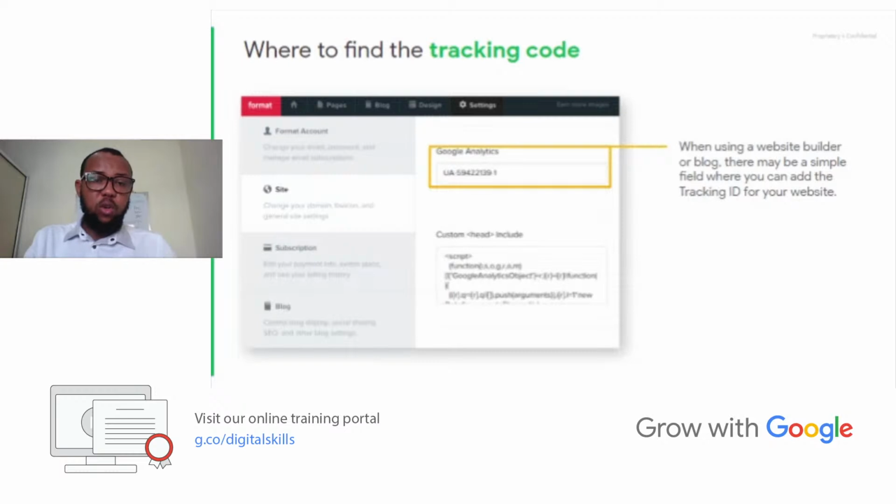If you're not a techie, you don't have the technical ability to do this, you can also talk to your web developer or a web designer. They will always know a way around this. Once you get the code, send it to your web developer. He can easily place it on your behalf. And once this code is placed on your website, you will start getting immediate feedback